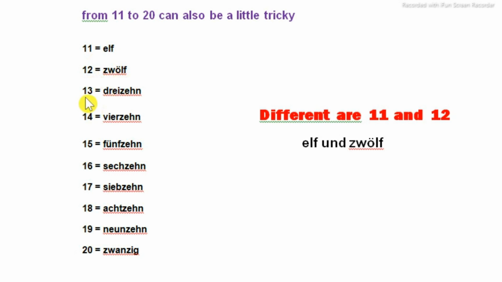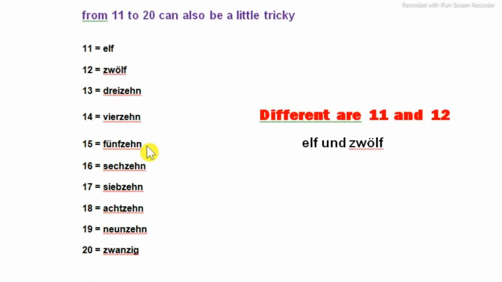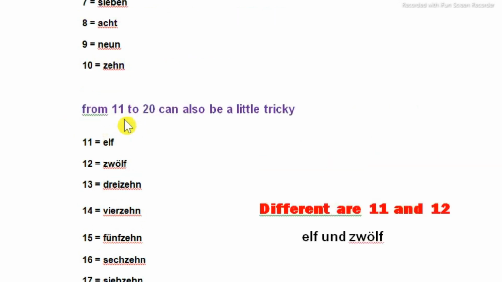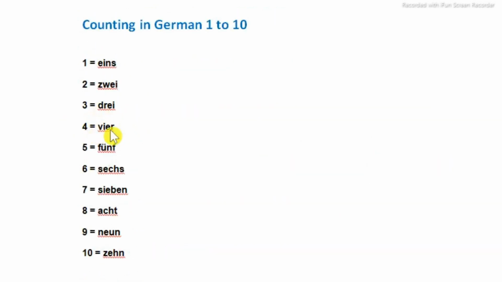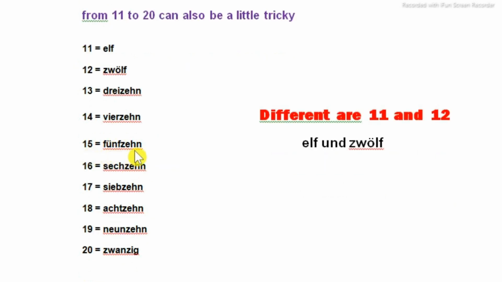And 13 is dreizehn. Now you can see 13 has drei and zehn in the end, because the number 10 is zehn, but these two are special. 11 and 12 do not have the ending zehn. So number 14 is vierzehn. So you can see 4, and in the end zehn. That's the only difference. Vierzehn, same like 15 is fünfzehn, and 16 is sechzehn,